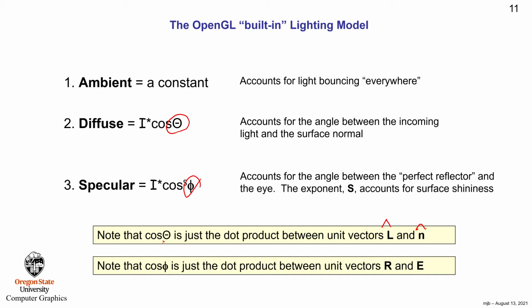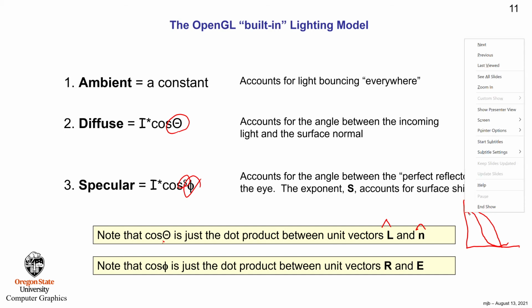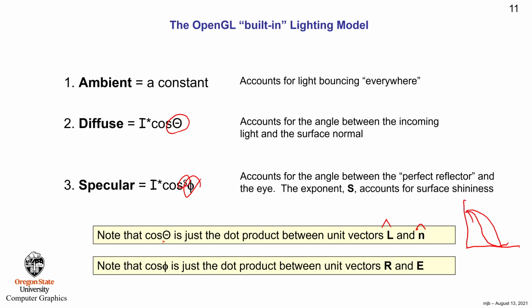Specular accounts for how close the eye is to that perfect reflector and thus gets a big burst of bright light. Now, there's this exponent up here, and here's what's going on with the exponent. So the cosine function looks something like that. If I square it, it looks something like this. That is, it gets narrower, it's not as broad a spread, and it drops quicker. If I multiply to the fourth power, it drops even faster